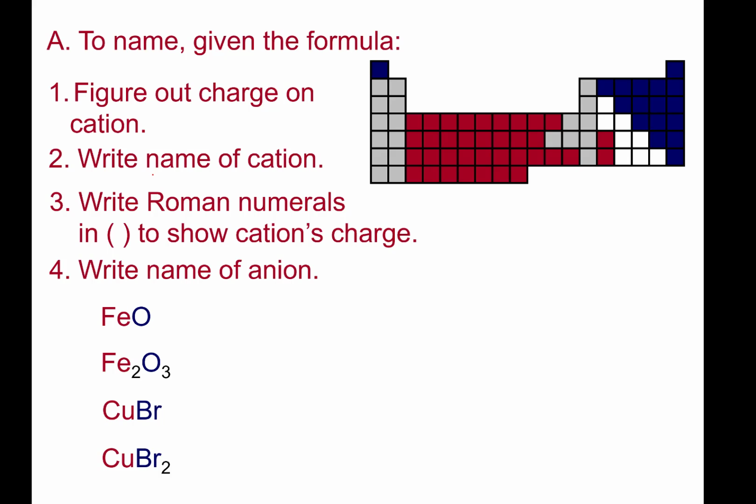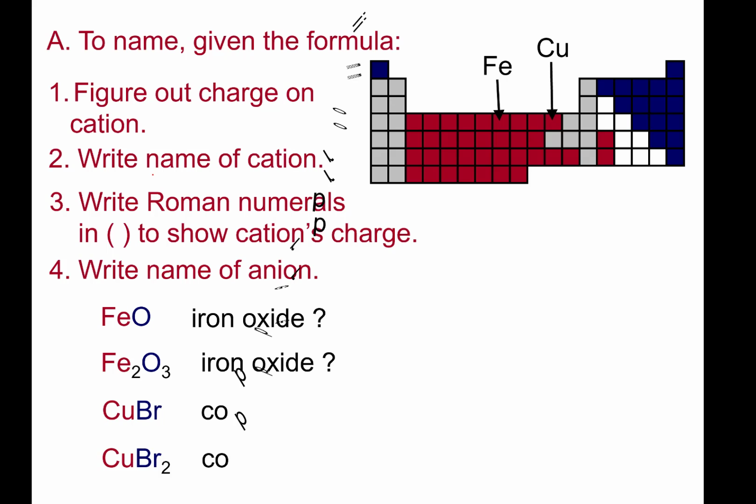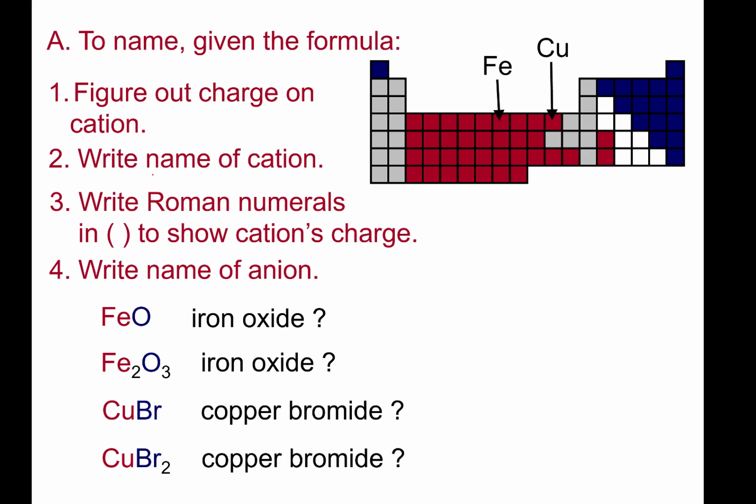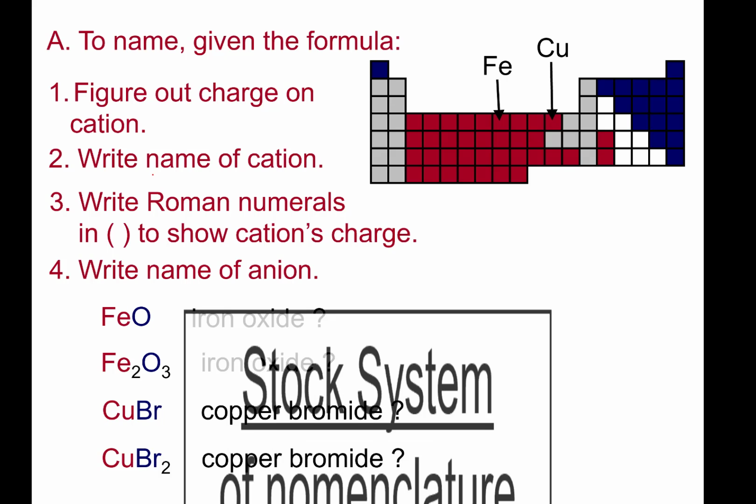We need to figure out the charge on the cation. We know it's iron, and we know it's oxide. Same is true for Fe2O3. For the bottom 2, we know it's copper bromide. But because iron and copper have multiple charges, we have to figure out which charge we're referring to in these formulas. So for FeO,